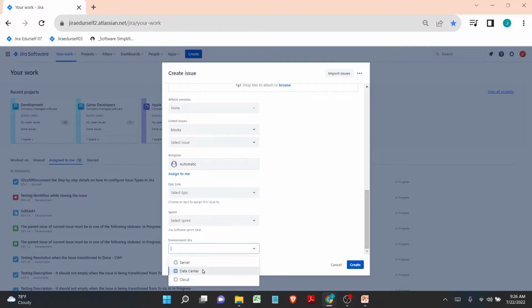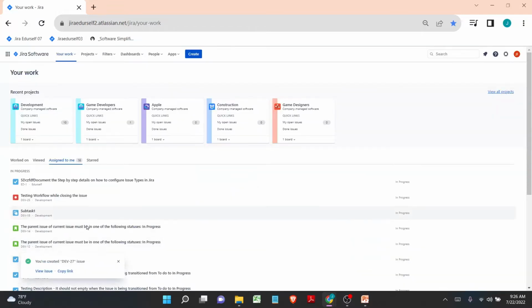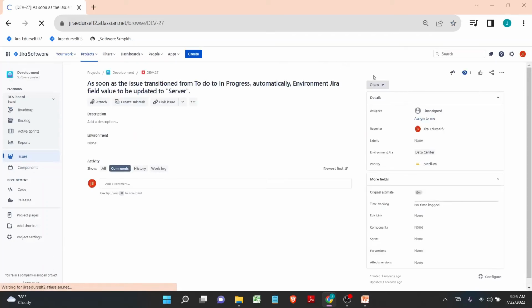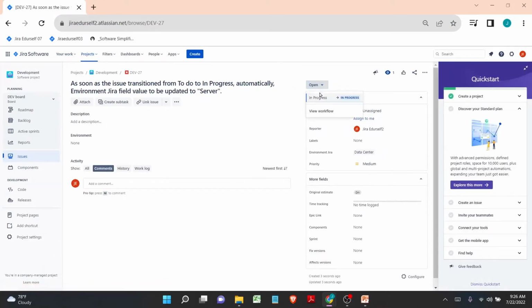Now imagine that I have chosen data center or Atlassian cloud randomly, and let me click on create and open the issue. And now let me move the workflow from open to in progress. I can see the value of the environment Jira custom field is currently data center. Now let me click on it. Now the issue has been transitioned to in progress and I still see the environment Jira custom field value is